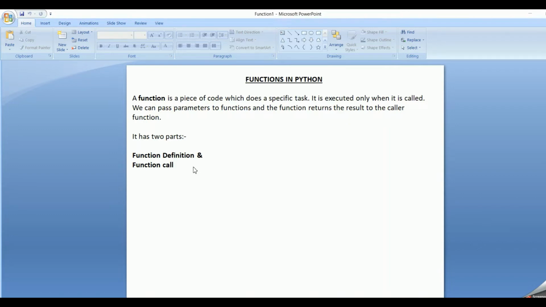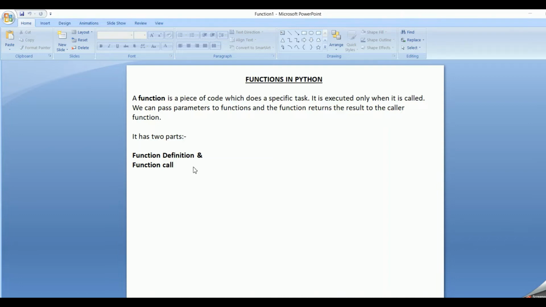It is as simple as this. We modify it at one particular location and call that function from different parts. So reusability, and we can avoid repetition of the code. These are the main uses of functions.